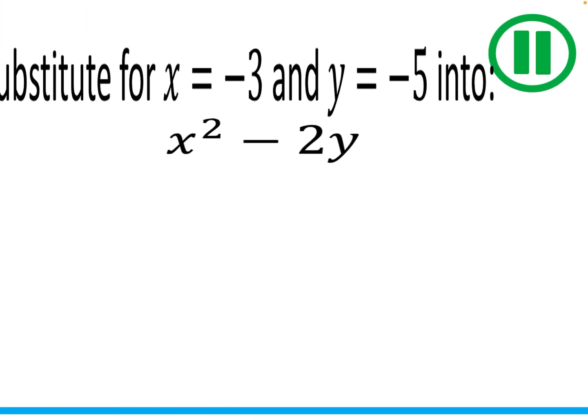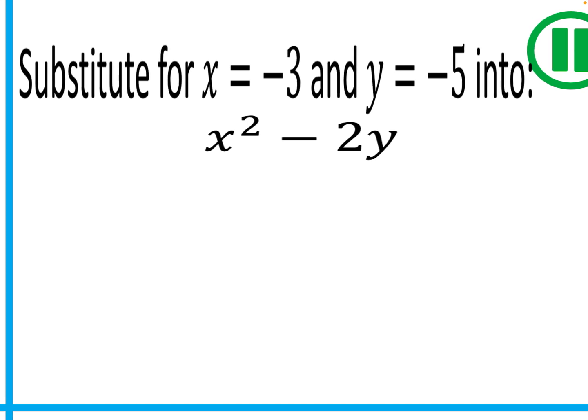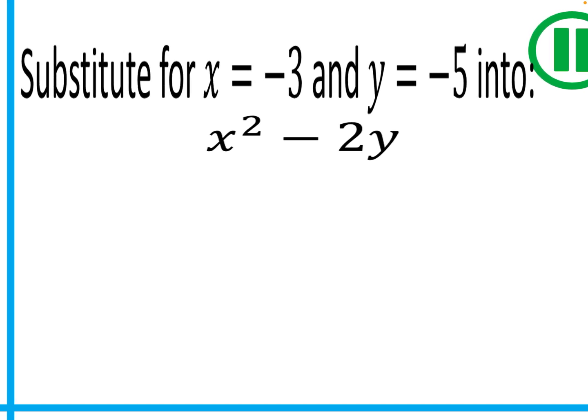Now our second substitution question. Substitute, but this time x is equal to -3, y is equal to -5, and my question actually has a squared in it and a subtract sign in the middle. So let's write this out. So we've got brackets. What was x? Well, x was actually -3 this time. Squared, subtract 2 brackets, and then what was y? Y was